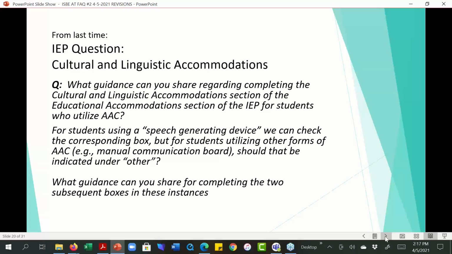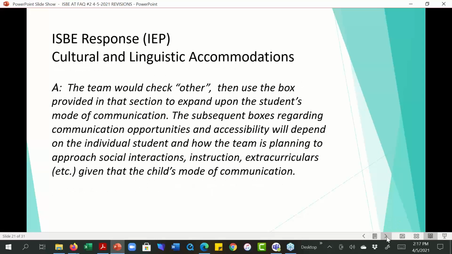So this person said, what guidance can you share for completing the 2 subsequent boxes in these instances? And again, we went back to ISBE, and these are the exact words we got. So the team would check other and then use the box provided in that section to expand on the student's mode of communication.